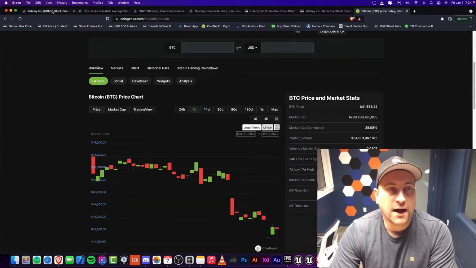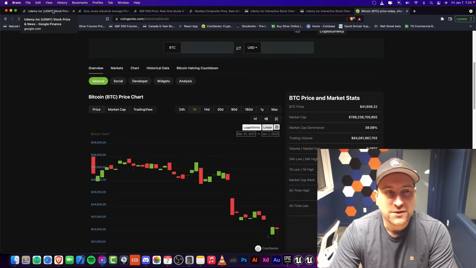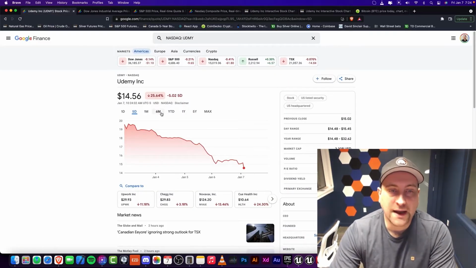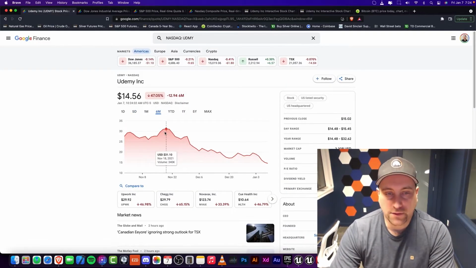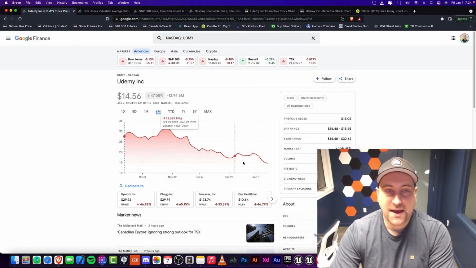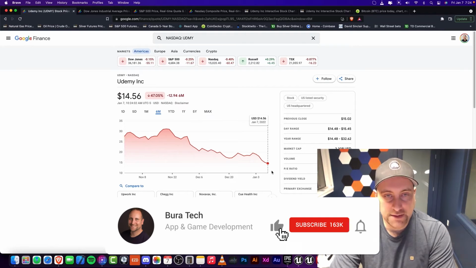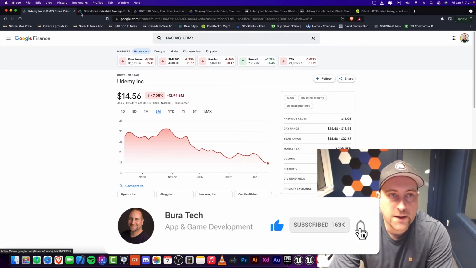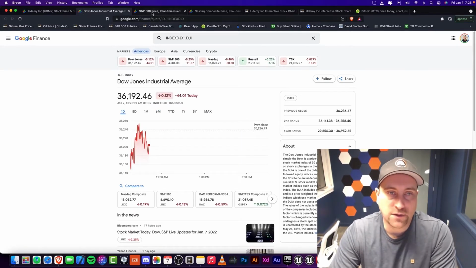But anyway, you can see that riskier assets are selling off, and of course Udemy is a much riskier asset because it's a growth stock here. And so as you can see, things are down 53% from the top. They are down a whole 50% from the IPO price, and then 47% down from opening trades. So quite a bit here, and it's not just Udemy here. A lot of the